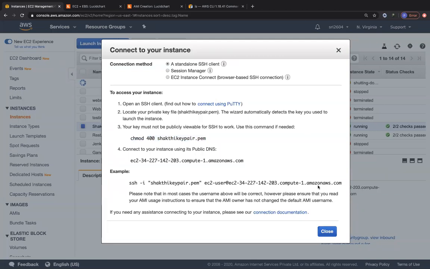So that is the problem when you're going with EC2 instances without an elastic IP or a static IP. Since it's coming from Amazon's pool of IP addresses, each and every time you go ahead and stop and start your EC2 instance, you get a new public IP, right? So that's something that you'll have to remember.